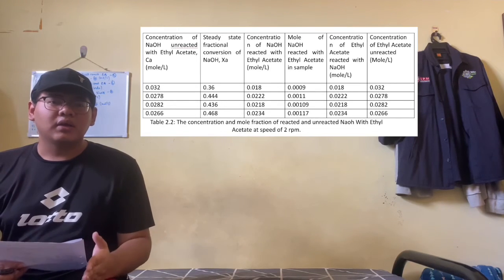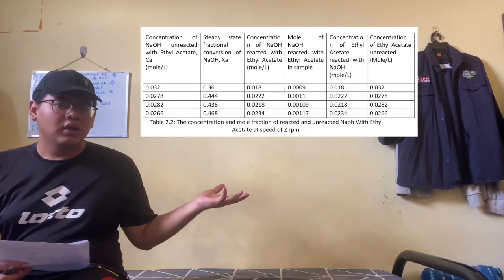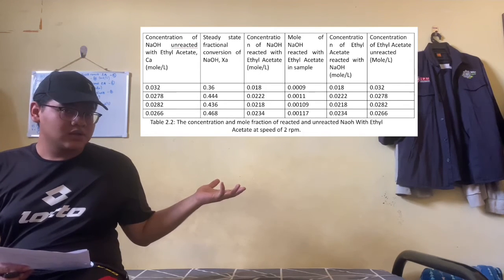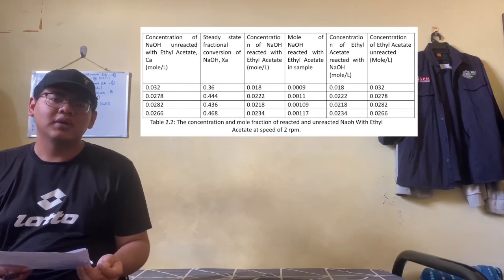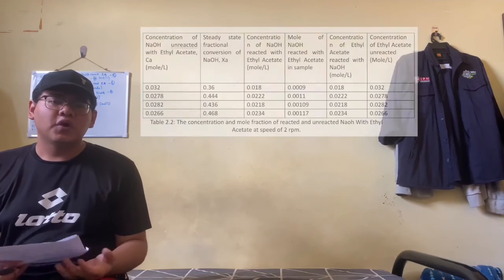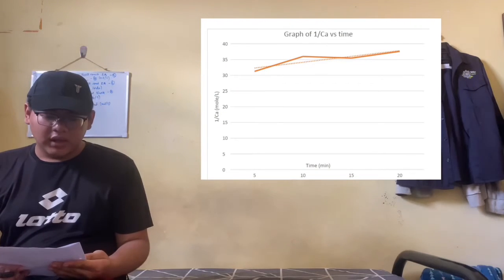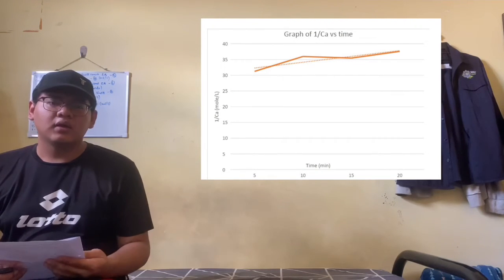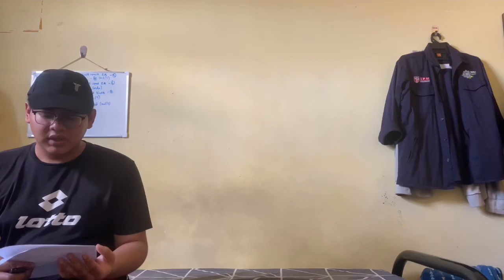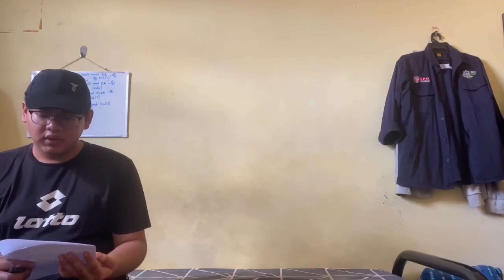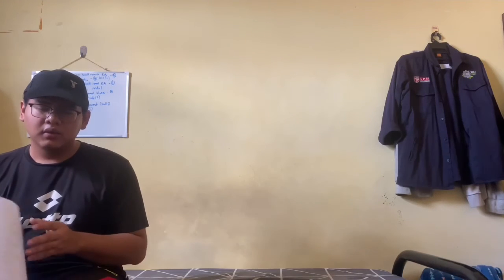In this part, we use the second table, from the concentration of sodium hydroxide unreacted with ethyl acetate, to plot the graph, and from that we obtain the reaction rate constant for 2 rpm as 30.4386 liter per mole, and for the speed of 4 rpm,